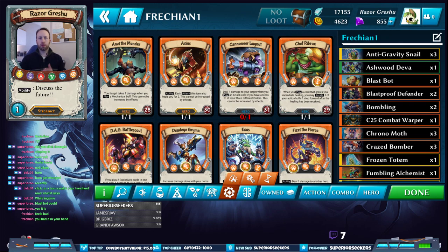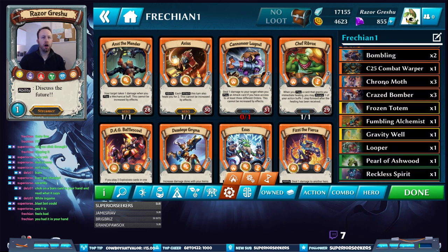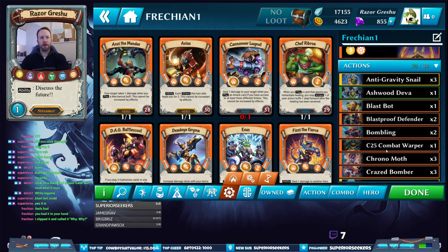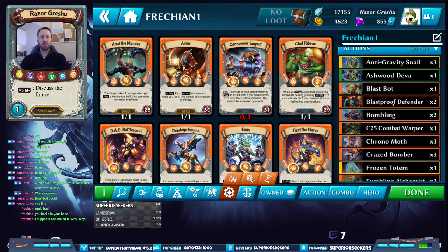So yeah, that's this deck. I will say, the cards that feel a little out of place here, Frechian, which, I mean, your deck worked. I clipped it and called it Why. Why? Awesome. Dude, awesome. The cards in here that feel a little funny to me are Spectral Guide and Gravity Well, especially Ashwood Diva, because